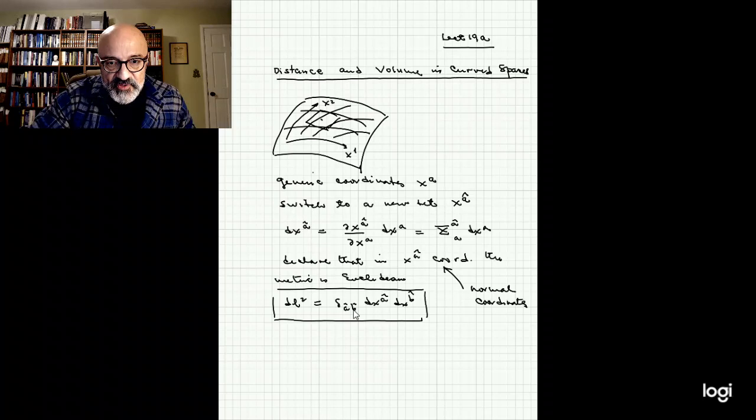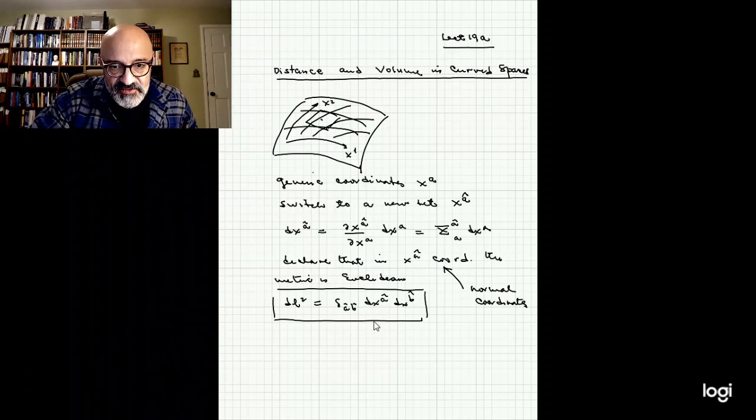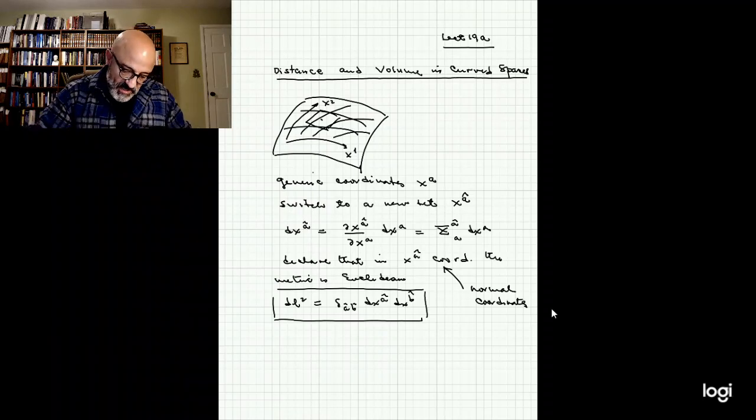So the basic assumption we're making is that there is going to be some coordinate system in which, in the vicinity of any particular point, we can have a system of coordinates that's a nice orthonormal grid, and so we can use Pythagoras theorem. So now if we return back to the old coordinates,